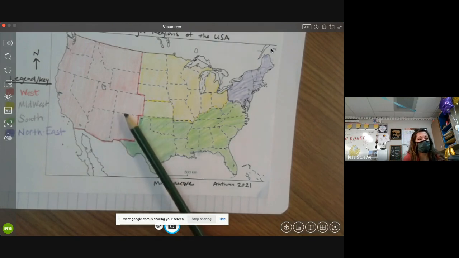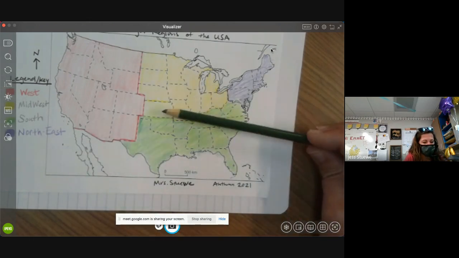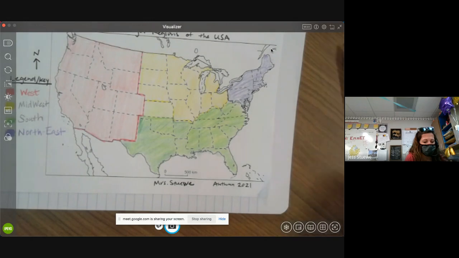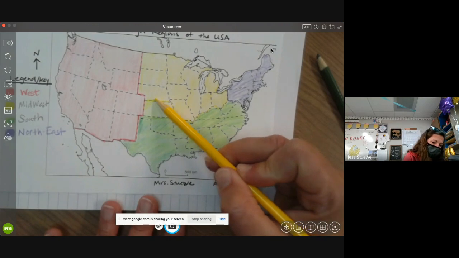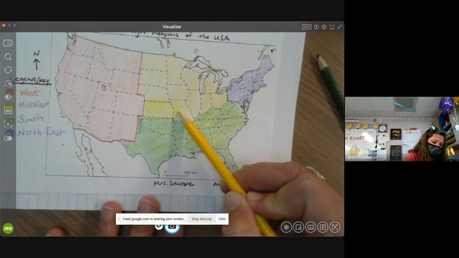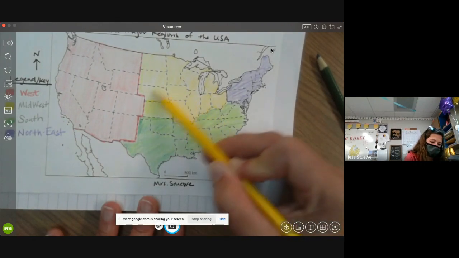It's Kansas. Because the line doesn't go. Okay, we've got Nebraska, then Kansas. And I think Kansas would probably be Midwest. Oh, you forgot to color the rest of it. Kansas is kind of right on the border, but you know what? I think I would make Kansas, I know it's light green, but I think Kansas is a little bit more Midwest, you guys. From what I know about Kansas and the family that I have that live in Kansas, I think they would consider themselves more Midwestern than Southern, just based on what the resources they have.